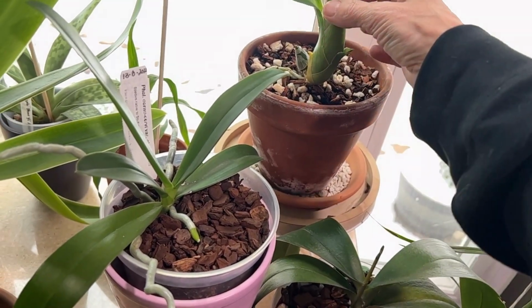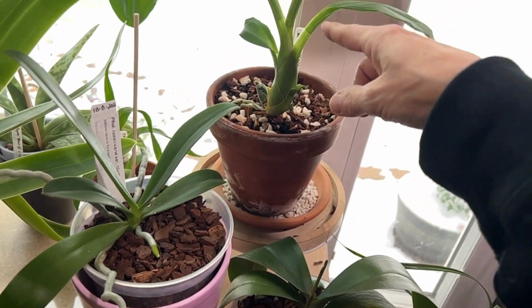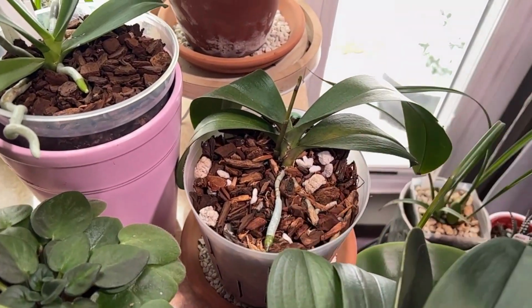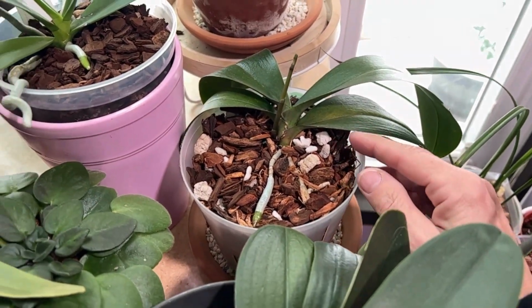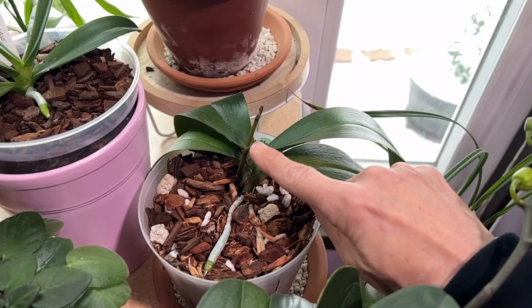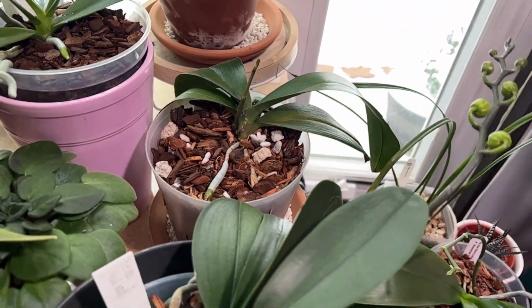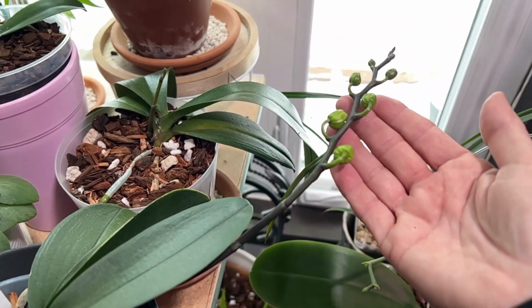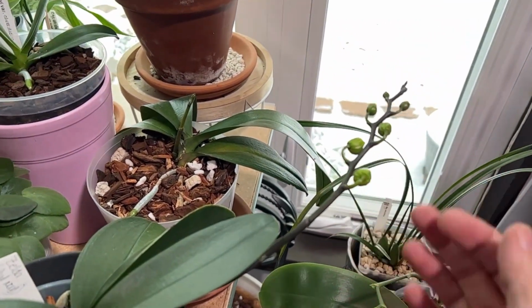And then this year is much bigger, so I'm expecting it to be even bigger next year. And then our no ID that we got from Ken, also at the Orchid Supply Store. This is, I believe, from his wife's collection. That spike is really starting to stretch towards the window. And I was hoping Miss Zelda would have showed us her loveliness, but she's going to hold out for another